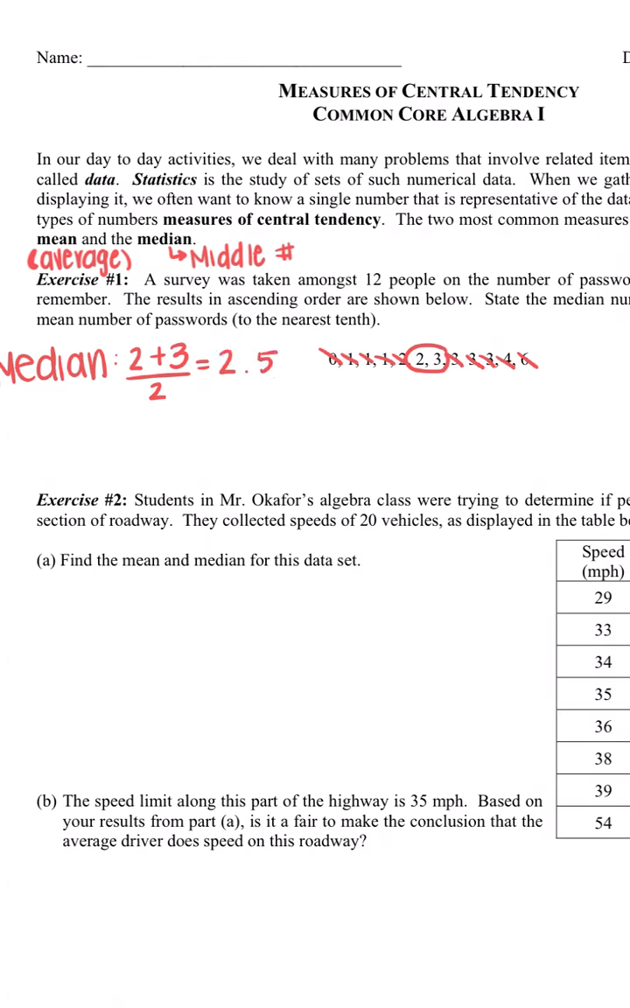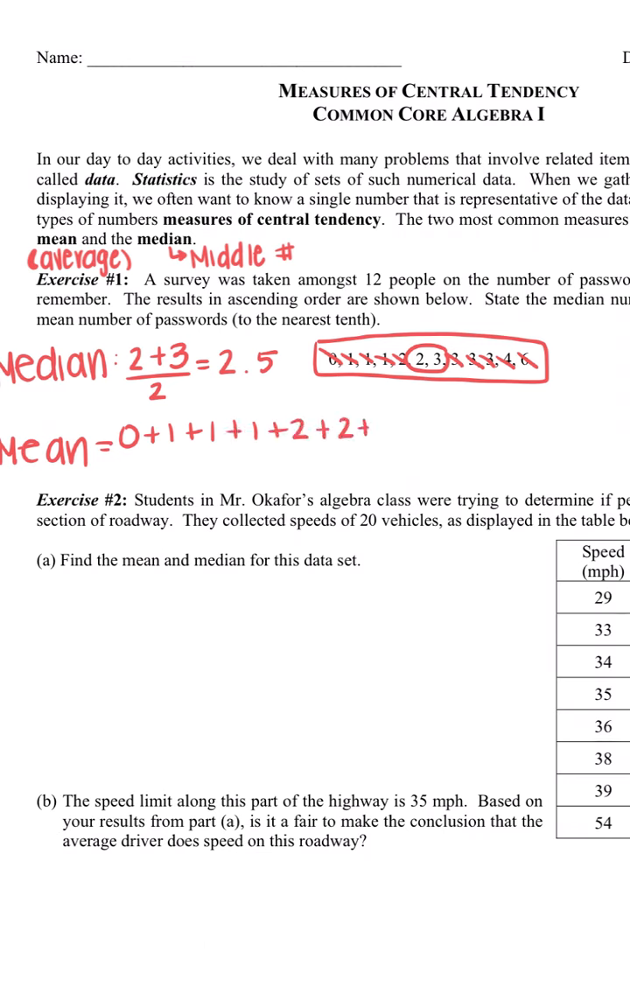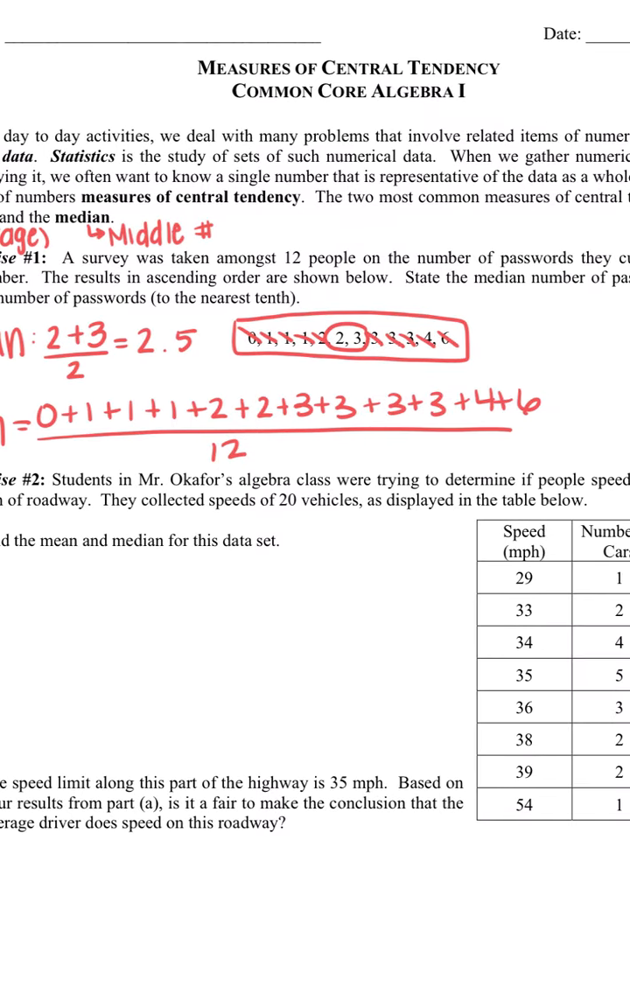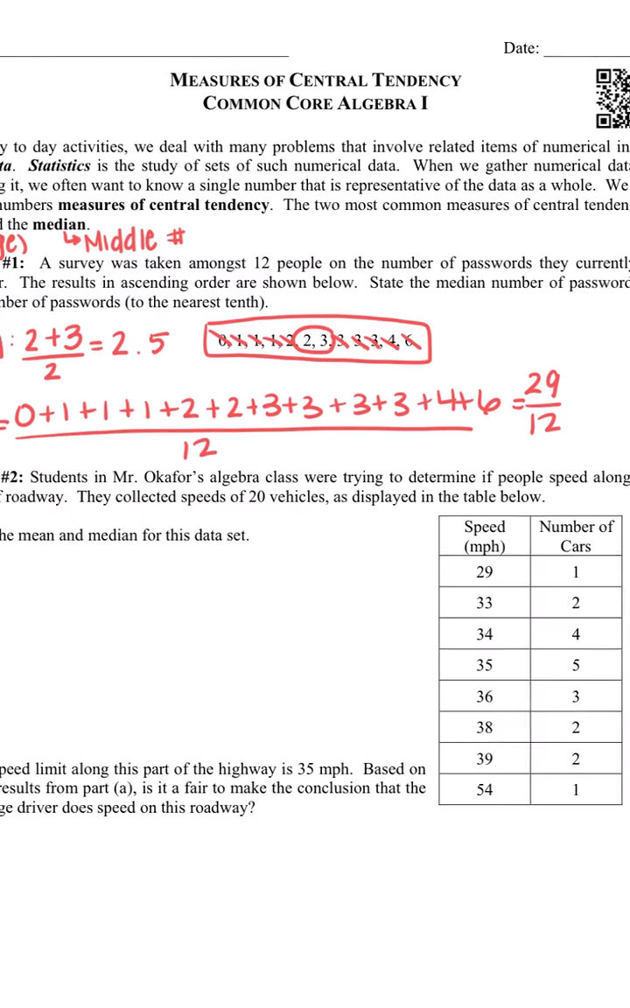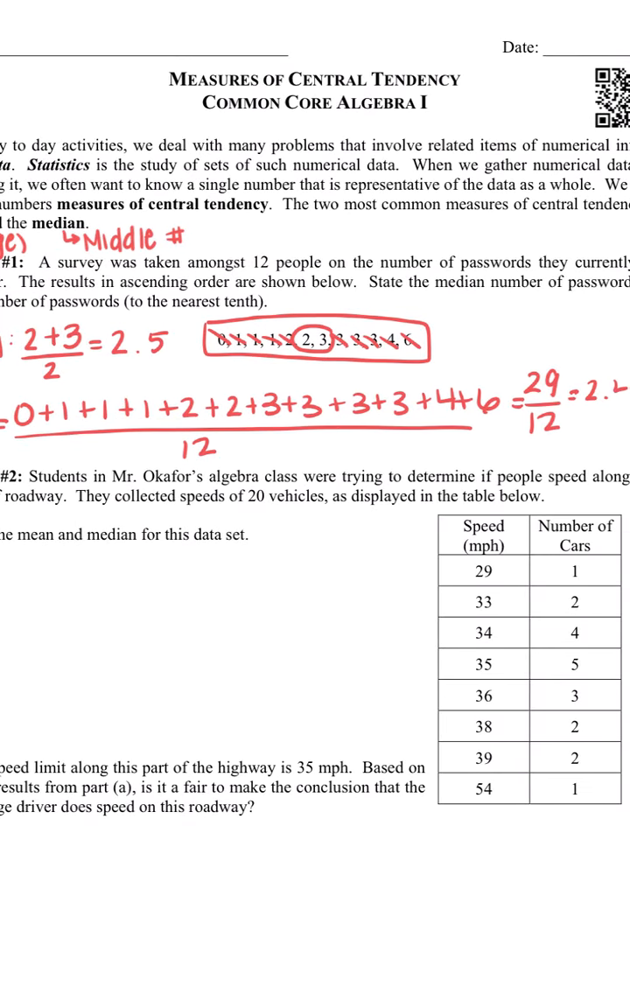Okie doke. Then we're going to find the mean. So remember, for the mean, we add up all the numbers there. So we would do 0 plus 1 plus 1 plus 1 plus 2 plus 2 plus 3 plus 3 plus 3 plus 3 plus 4 plus 6, all over the total amount of numbers there, which is 12. When you add all those up, you should get 29 over 12, which reduces to about